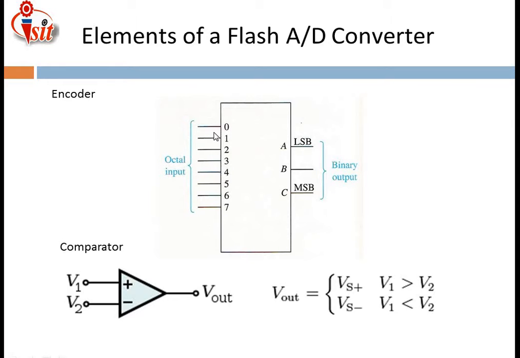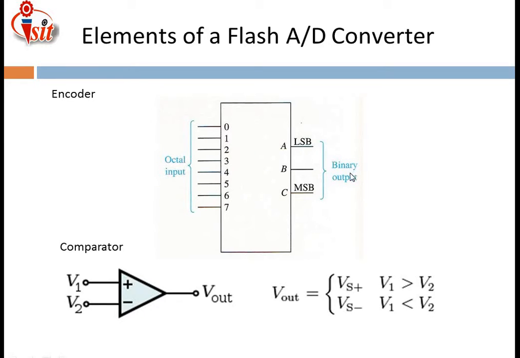Then what are the number of inputs given to that encoder? It can have octal input, hexadecimal input, or binary input. Depending upon the name introduced for that encoder, the number of inputs is applied to the system. Here the name introduced is octal input. For that purpose, the number of inputs given to the encoder is from 0 to 7. That means how many bits are present here? Here 0 to 7, that means 8 bits are present.